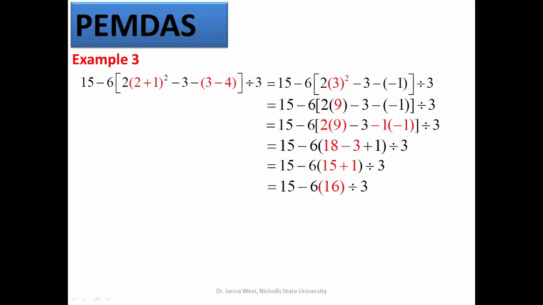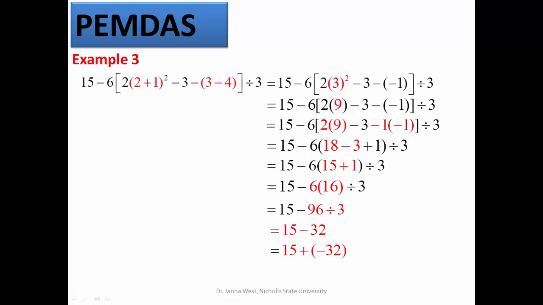So the first thing that we will do is multiply 6 times 16. This gives us 96. Now we perform the operation of division, 96 divided by 3, which gives us 32. The last operation we must perform is 15 minus 32, which we can write as an addition problem, 15 plus